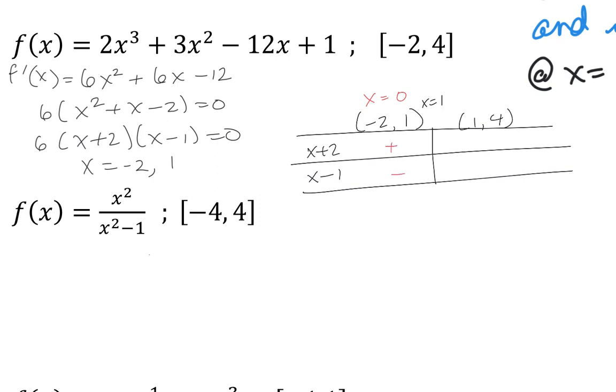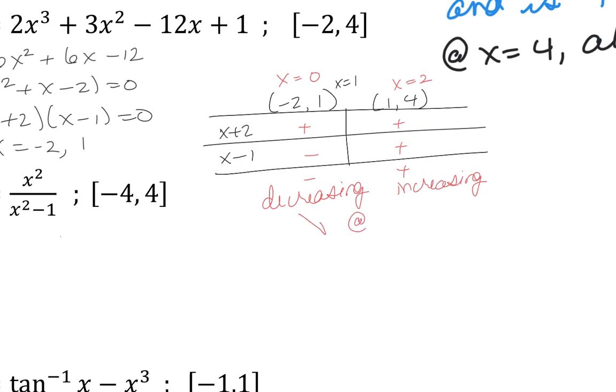This is positive, this is negative, so this is negative. So we are decreasing on this interval. I'm going to choose something in this interval. So I'm going to choose 2. This is positive, this is positive, this is positive. So this is increasing. So we know